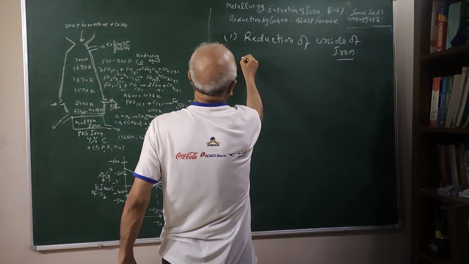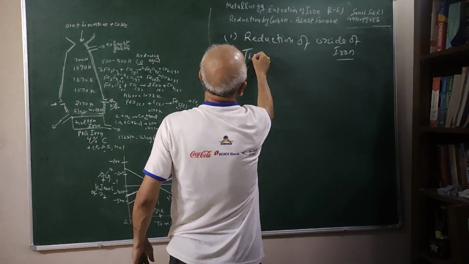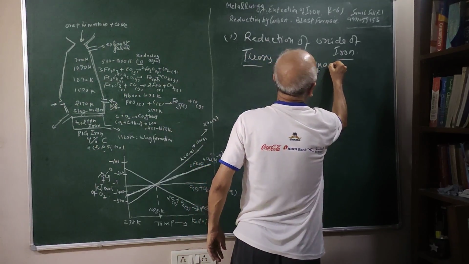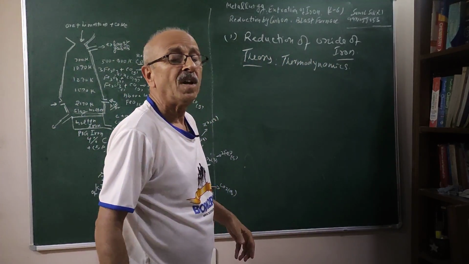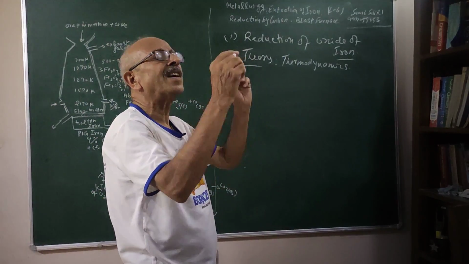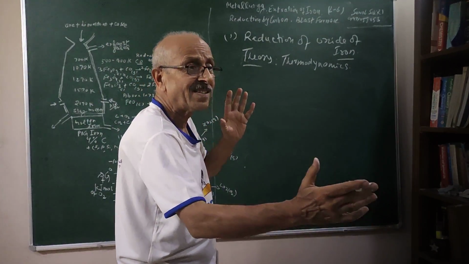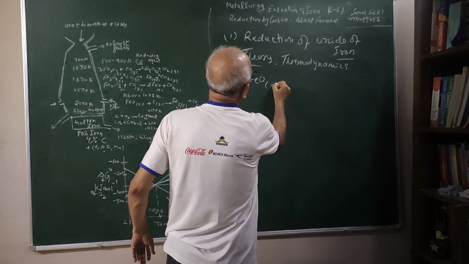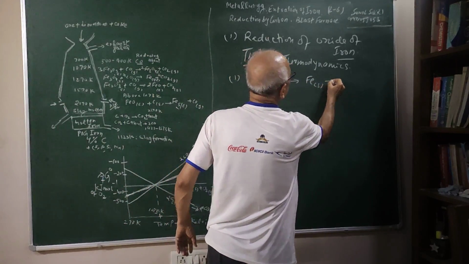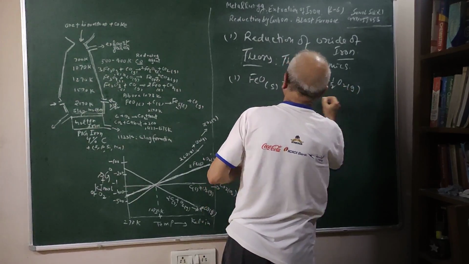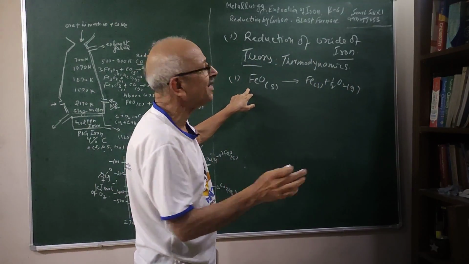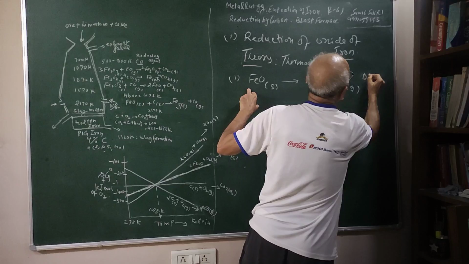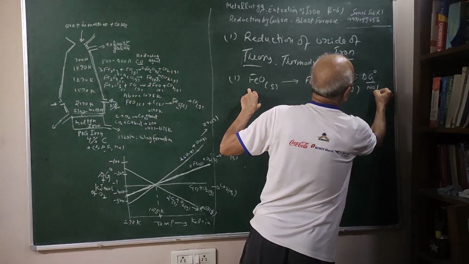What we are saying is that, for example, let us see what is the theory. And I am using thermodynamics. In the last lecture, I have told you about the Ellingham diagram, which says that for a reaction to take place, delta G should be negative, and if for a reaction delta G is negative, the reaction will proceed. In other words, I am going to remove oxygen from here, students, oxygen from this, and delta G for this is not negative. Here I am saying delta G zero for this is not negative.